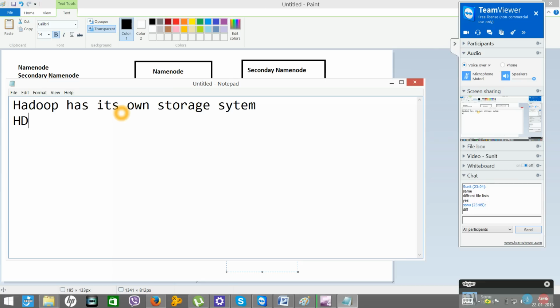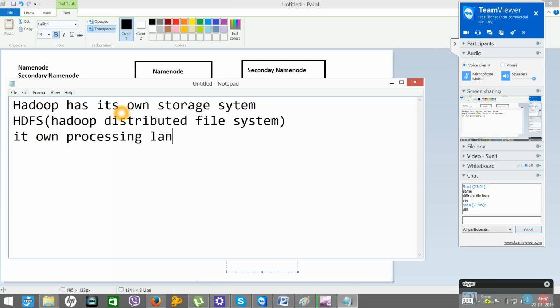We call it HDFS, Hadoop Distributed File System, and its own processing language. We call it MapReduce.